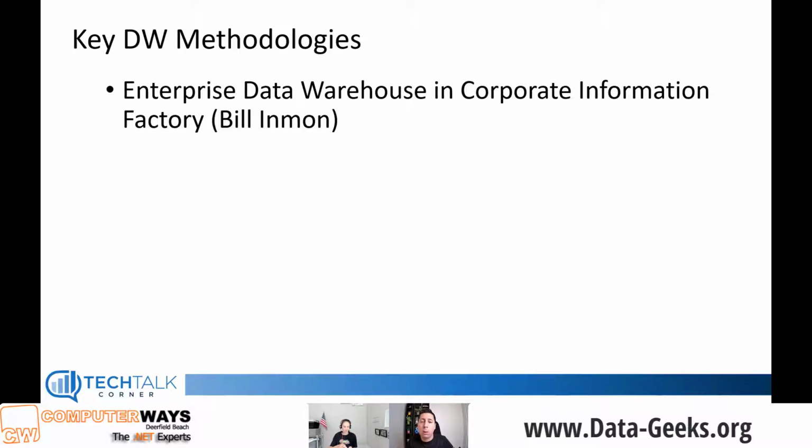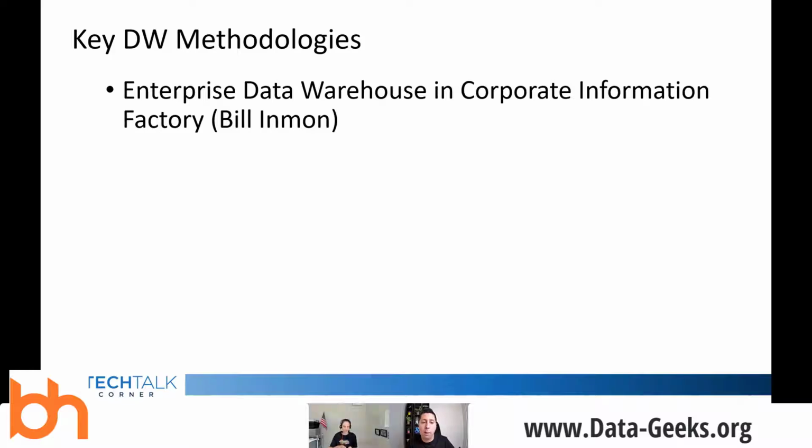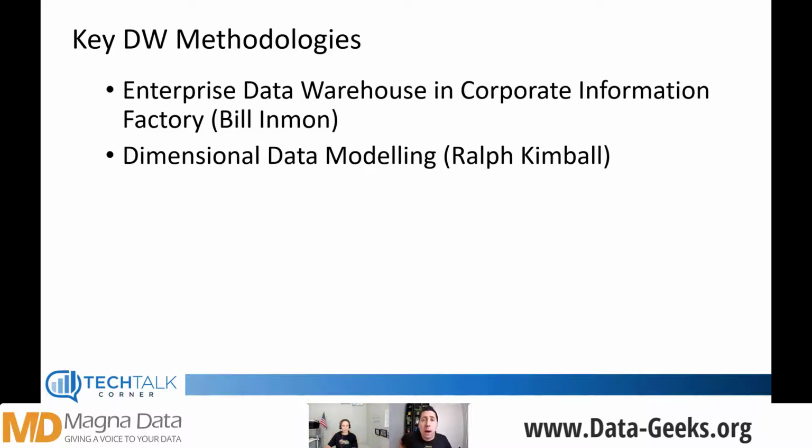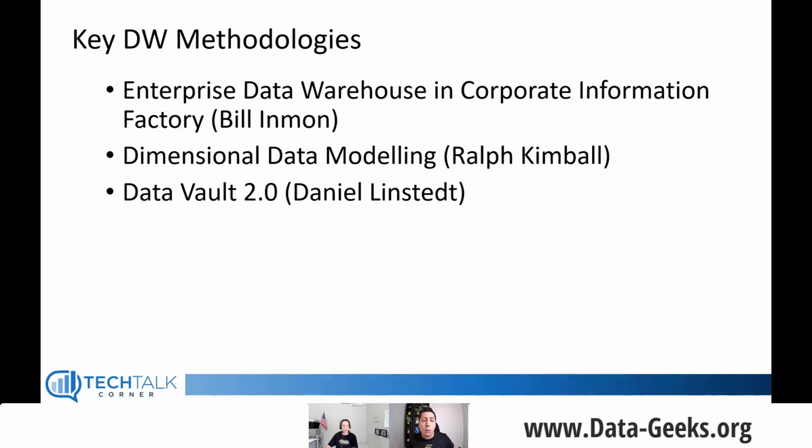We're going to expand a little bit on what this means. The next one is, if you're working with Power BI and you think about star schemas and dimensions and facts, you're really familiar with it: dimensional data modeling from Ralph Kimball. And the last one will be Data Vault 2.0 by Dan Linstedt.